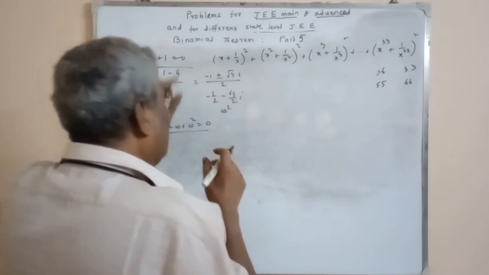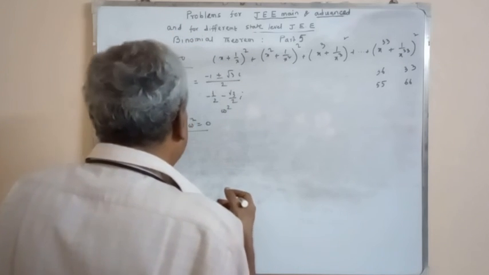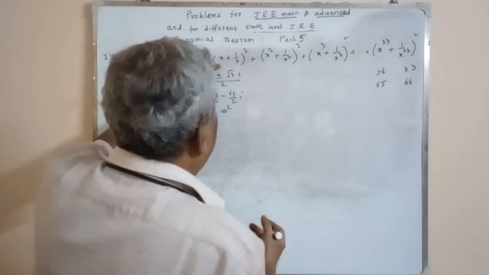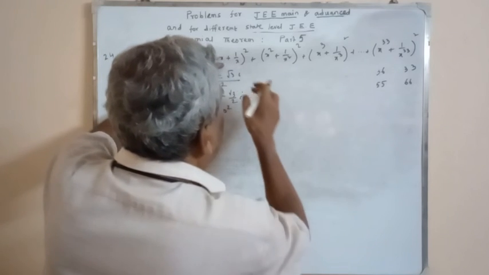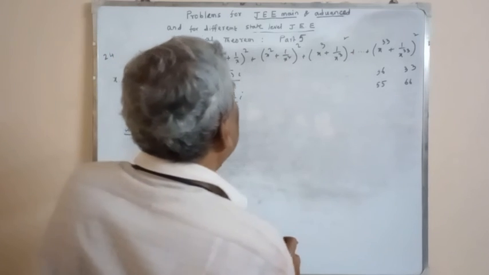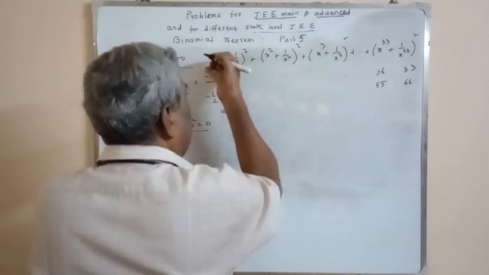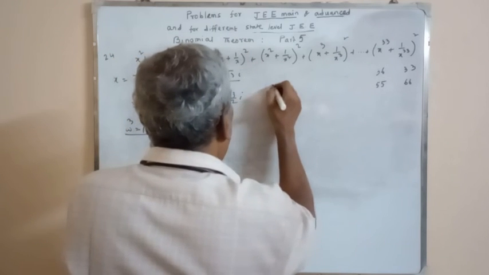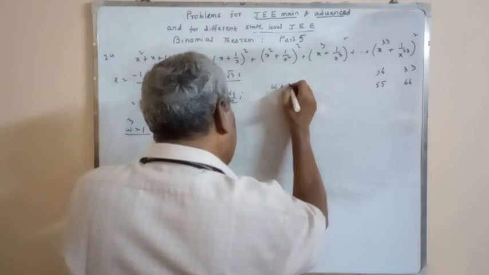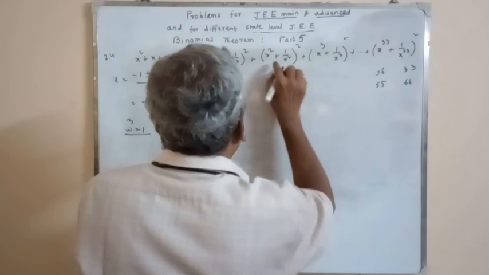Whether the value of x is omega or omega square, the value of that expression is always the same. So the required value is (omega plus 1 by omega) to the power 2, where 1 by omega is omega square,